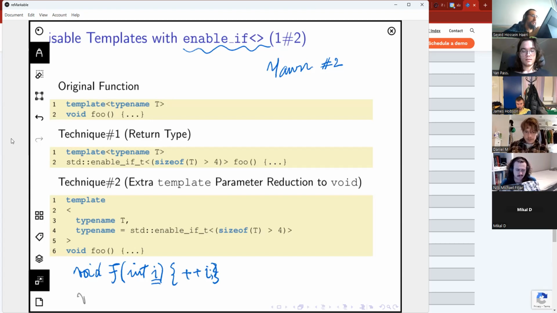But if I have another function, void g, which does take an int but doesn't do anything with it, I can leave out the name because the name doesn't occur in the body of the function. C++ allows me to leave that unnamed when there is no occurrence of it in the body.